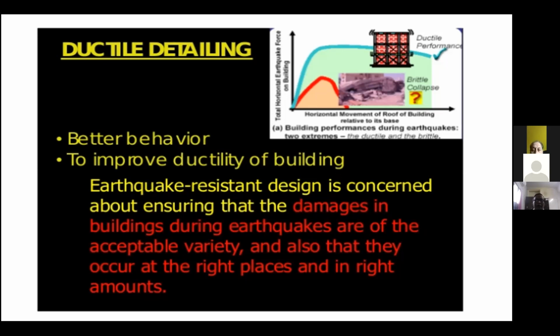Whenever I am teaching, students may raise the question, sir, you are designing for earthquake. There are various zones, zone 2, zone 3, zone 4, and zone 5. Now, what is the guarantee that an earthquake will occur in a particular area? And what is the guarantee that the magnitude will not exceed what we are designing for? There are cases, even in Gujarat, where they considered zone 3, but the earthquake that occurred was of zone 5 magnitude. So many buildings failed.